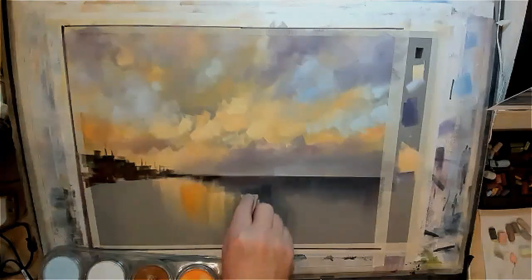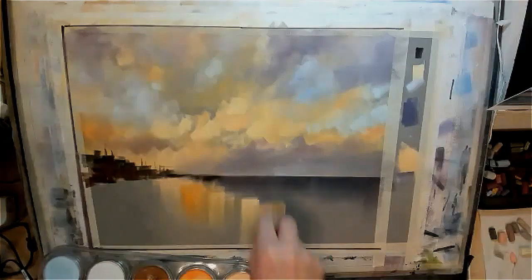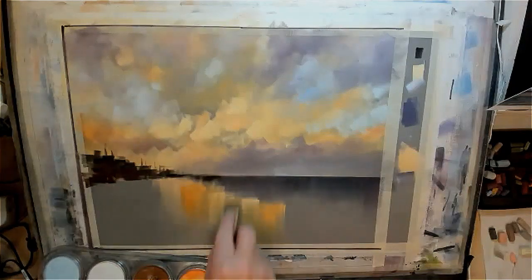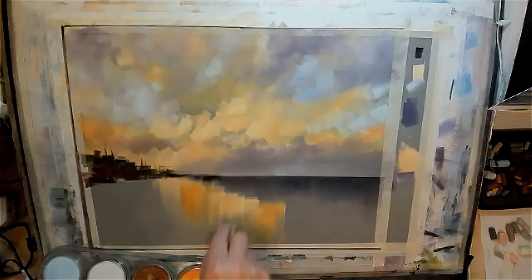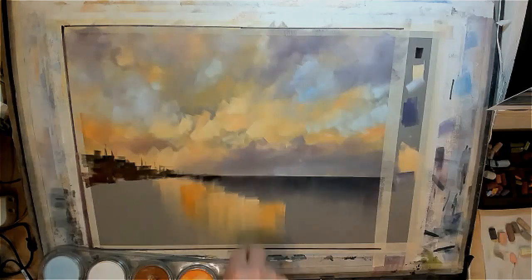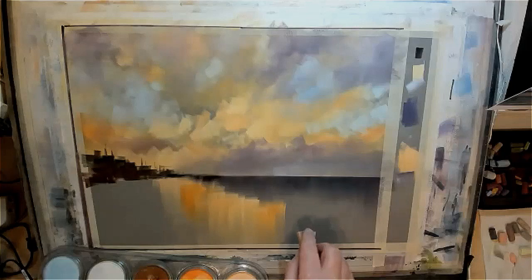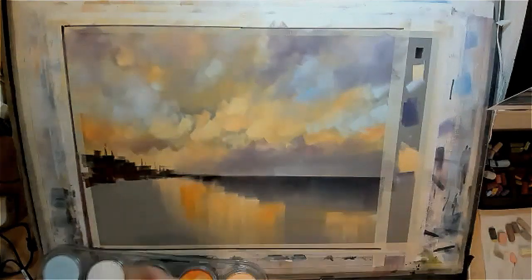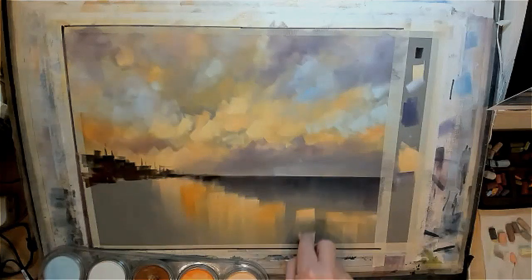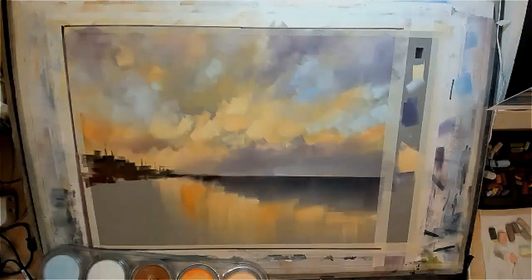Make sure I get lots of this color in. Vertical depth. I don't know if anyone's completely familiar with pastel matte, but it is a lovely, soft, almost velvety wet and dry. It's like a very, very smooth sandpaper, so it's not rough like sandpaper, but